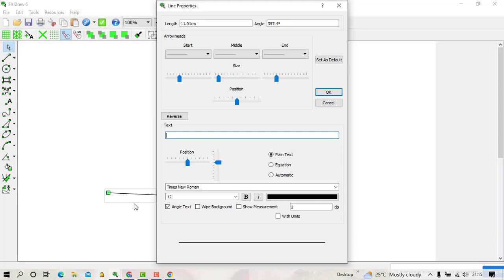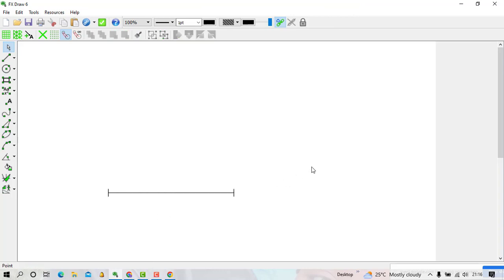Just click on the line, then when you check in the position of length, mine is displaying 11.01. So I edit there and place 9. You just type 9, don't type 9 centimeter. When you go to the position of angle, for me it is displaying that the angle is 357.4 degrees. So I'll go to that position of angle and make it horizontal. To make it horizontal, the angle will be 0 degrees. Then at the arrowhead, I can set the start of that line and the end of that line, like that. So this is our foundation, which is our baseline.